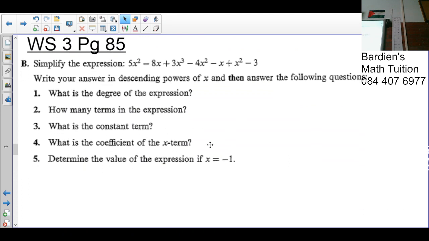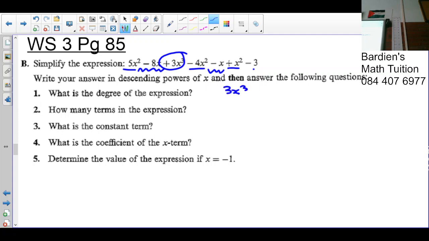We are told to simplify the expression. So you must first add like terms, not so? Then write in descending powers of x and then answer the questions. So 5x squared with minus 4x squared and x squared. Negative x, 8x with negative x. 3x cubed is on its own, and that is on its own. If it says descending powers of x, then you go from the biggest power to the smallest power. So that will give you